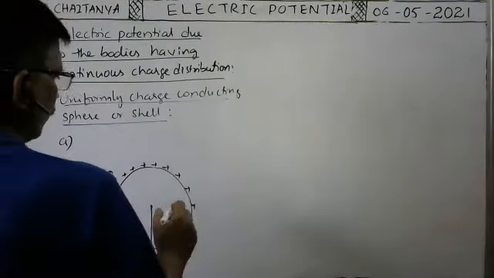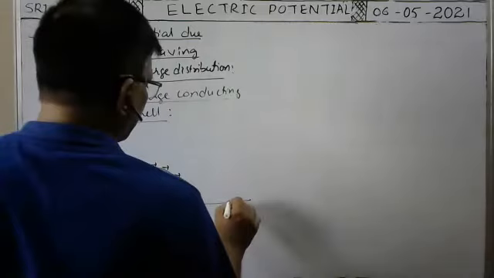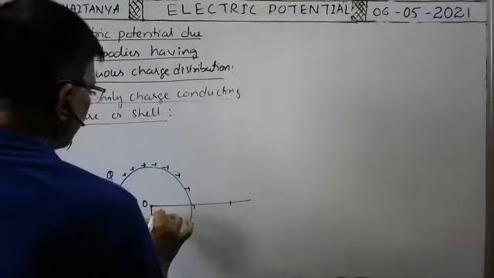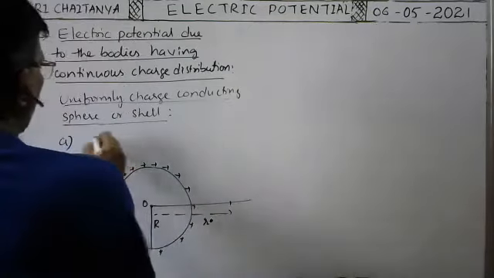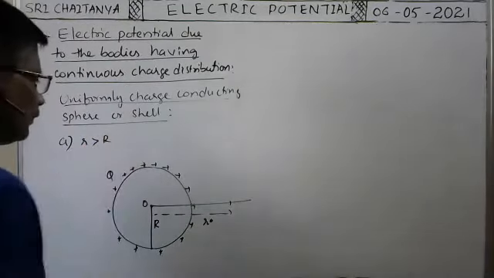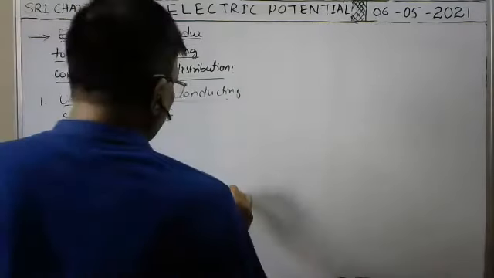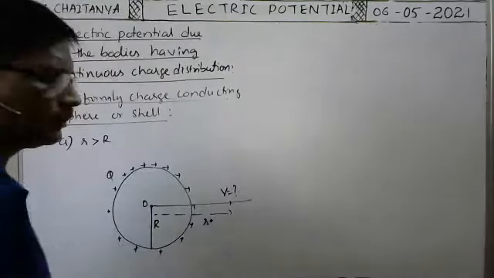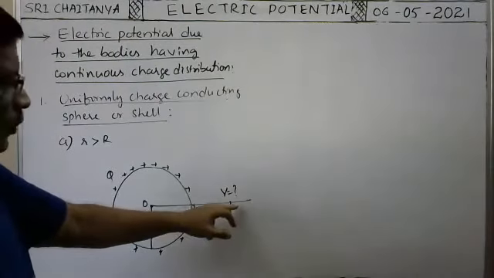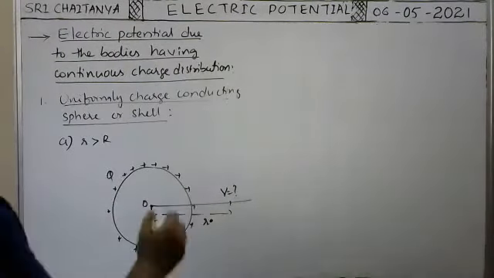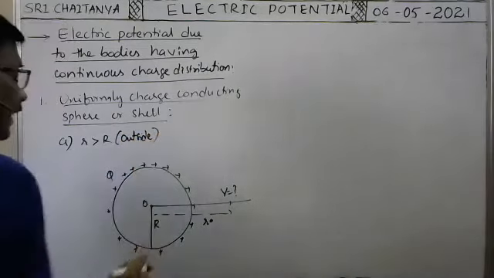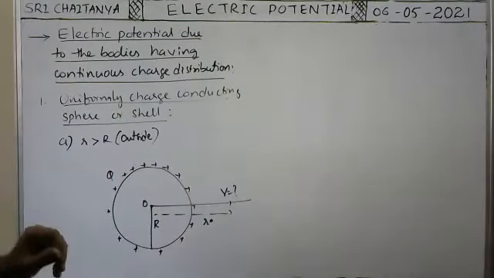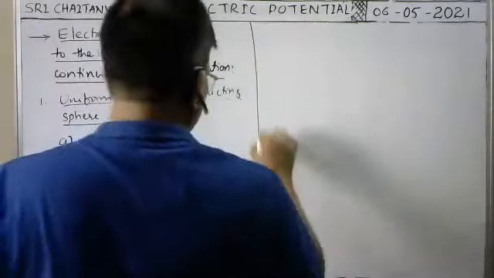The radius is R. The charge given to the sphere is q. Okay, now at any point here, from the center, this point is at a distance r, which is greater than R. At this point, we have to find the electric potential. That is our aim. The point A, where electric potential is to be determined, lies outside the sphere. So r greater than R means the point lies outside. At any point outside the charged conducting sphere, what is the electric potential? That is our aim.